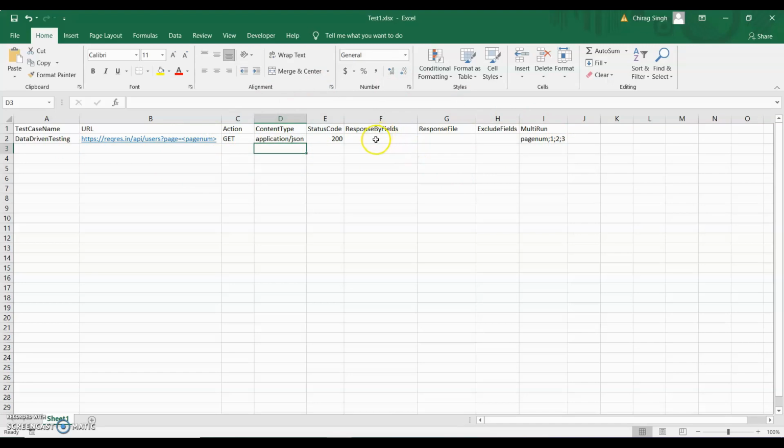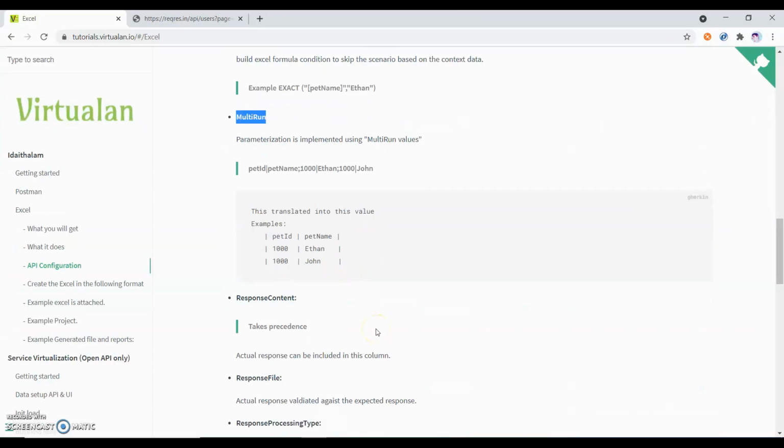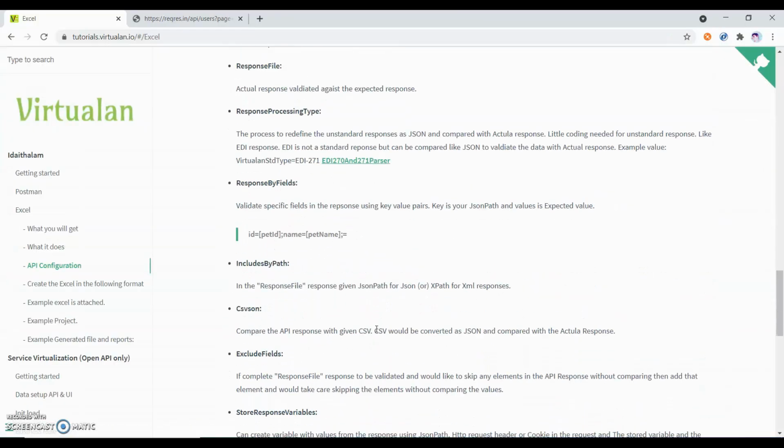One more thing, I also have to validate whether my response is coming correctly or not. For that we have the response by field. In response by field we have to pass a JSON path.